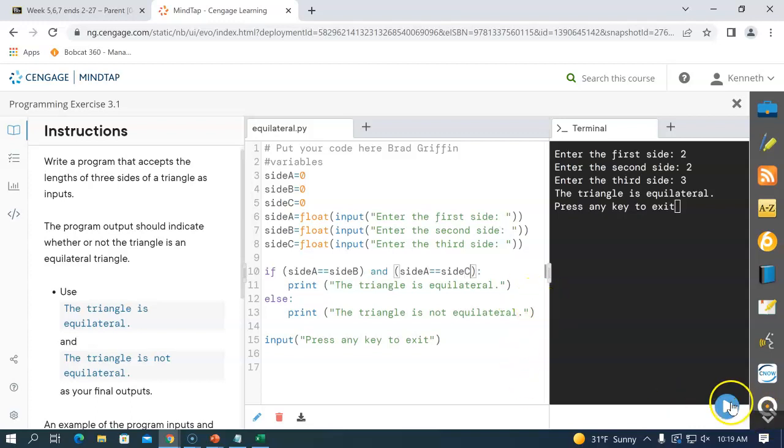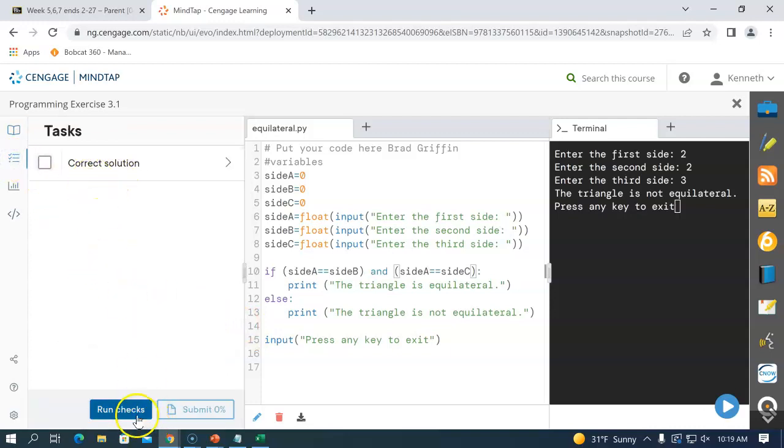Yeah. This program would run as long as you put in the right values for the test. Now let's try it: 2, 3. The triangle is not equilateral, because it compared side A, 2, to 3, and said, oh, nope, those aren't true, and it escapes out. So I'm going to go over here to my checks and see if this happens to hit the checks for